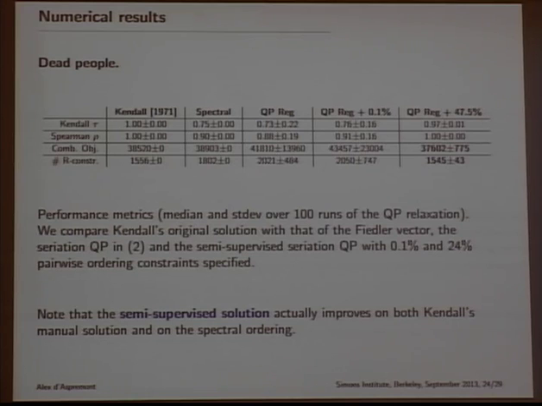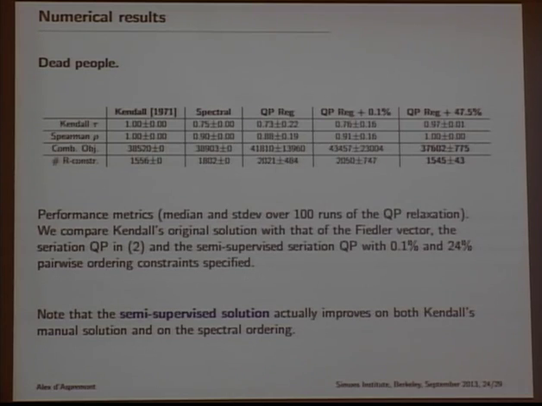So where is the structural information coming from here? It's very simple. We compute a solution, and then we read from the solution some pairwise ordering constraints, and we add these constraints to the problem. So we generate information out of nothing, but it seems to help, which is kind of interesting. So in particular, if you add structural constraints from the original Kendall solution, you do a little bit better than Kendall, but Kendall beats all the other